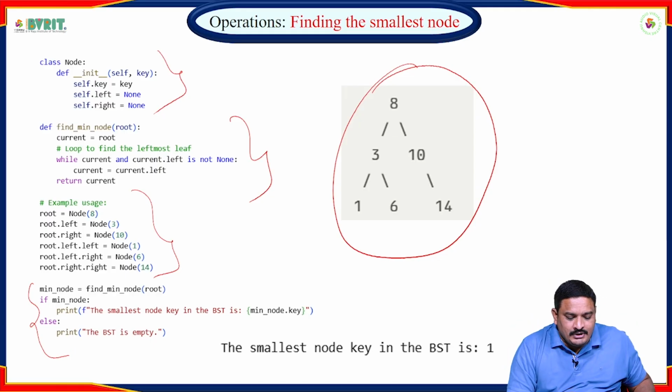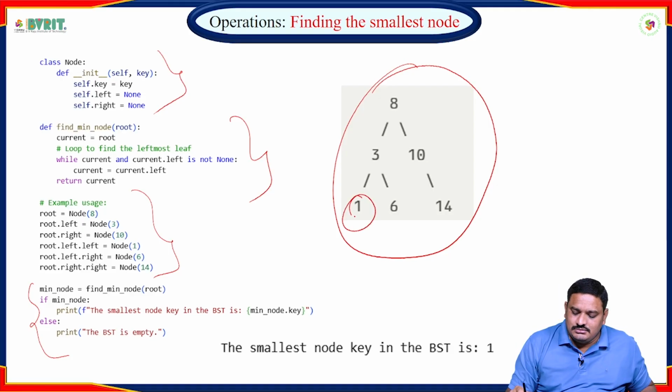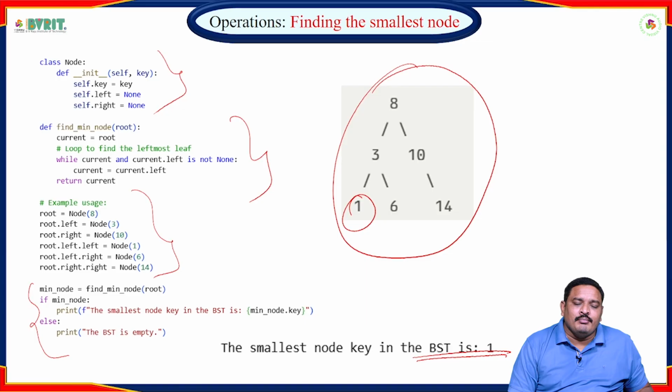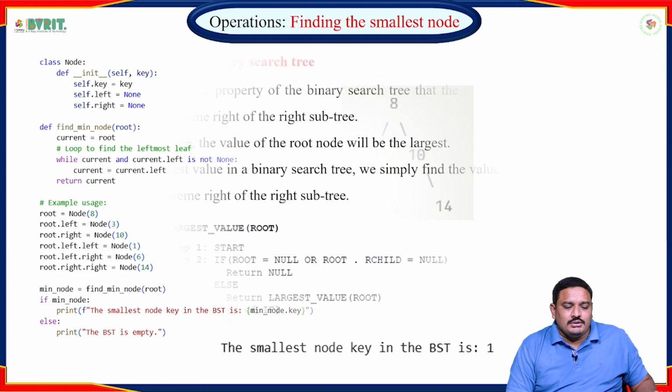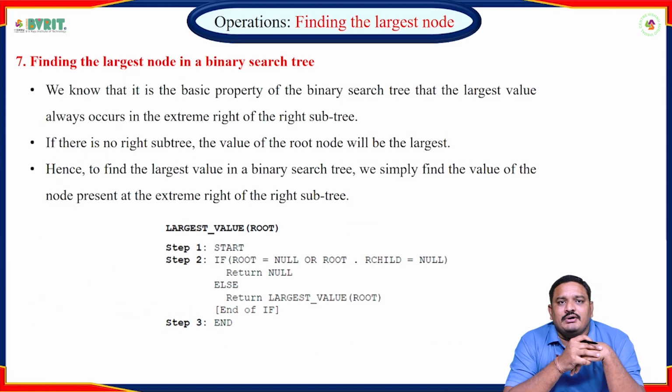Which element will be the minimum value in the tree? 1 is the minimum value. So 1 is the smallest value in the binary search tree. Next one is